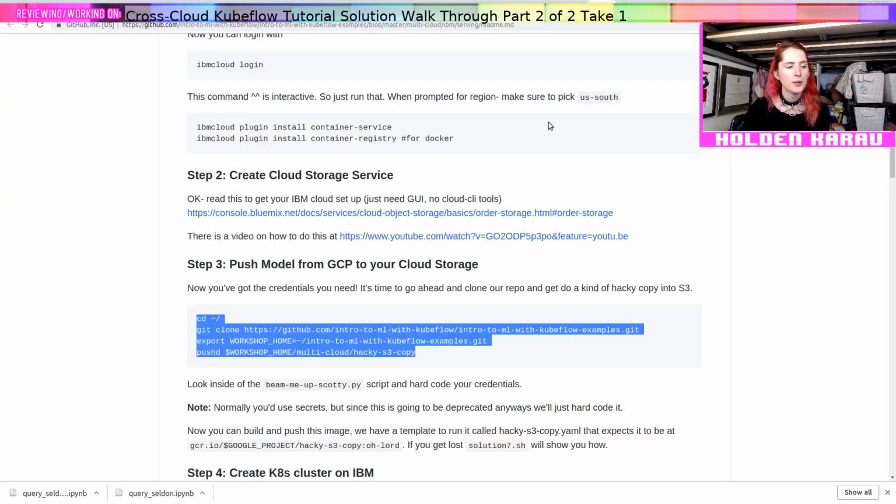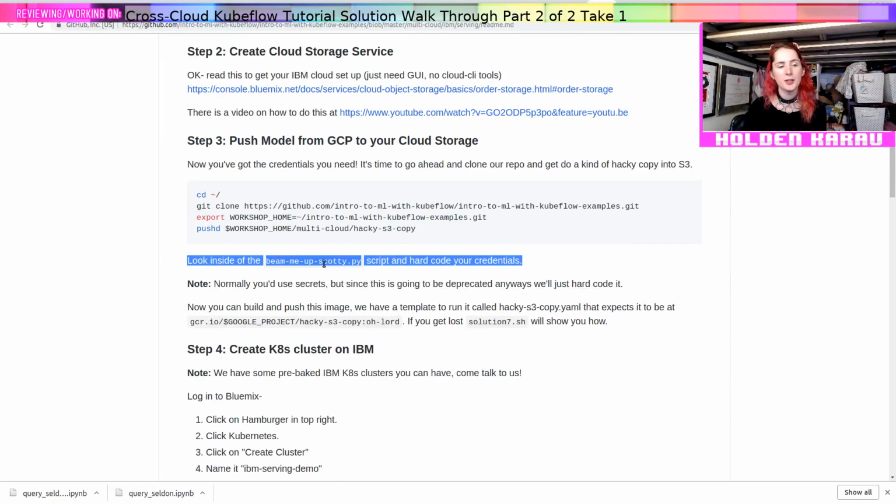There we go. Now, there's this thing called Beam Me Up, Scotty. And that's going to be the part where we do some stuff and configure our credentials. Normally you wouldn't put your secrets inside of a random Python file and put it in your Docker container. You'd use like Kubernetes secrets. We're just going to hard code it for today because it's going to be faster, and also because this isn't